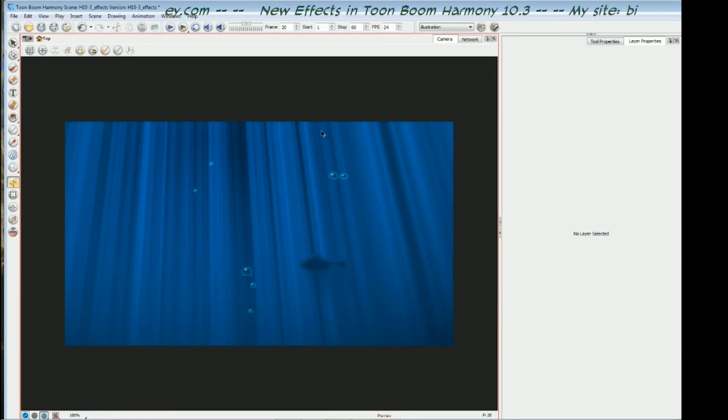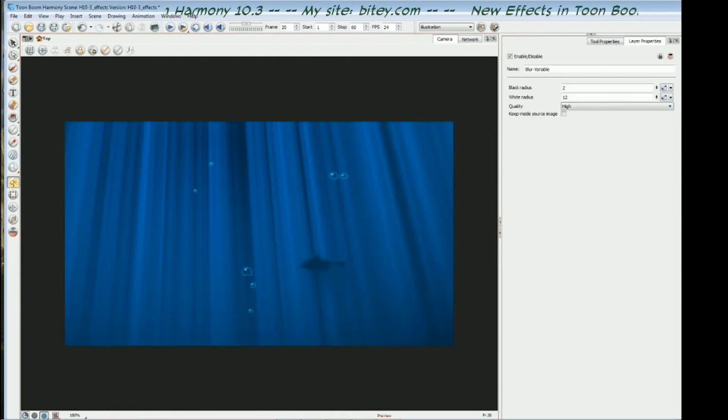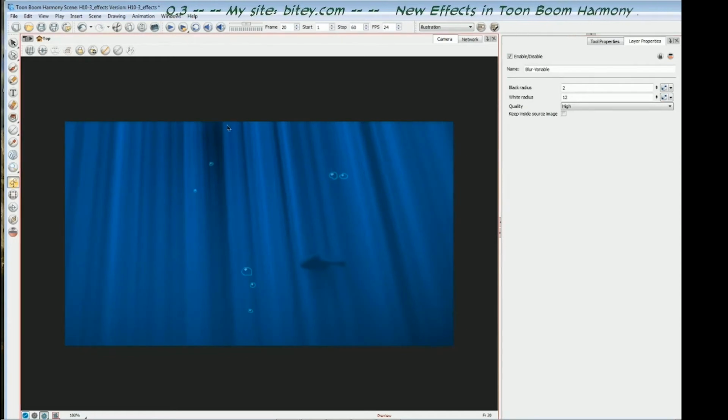And we're pretty much done, but one last thing is I would like the beams, they're sharp at the top, but I would like them to get more blurry as they go down. So I've added a variable blur using the cutter that I used. I'm using the same artwork for that on the variable blur. So I'll turn that on, and now we have the beams going from slightly blurry to more blurry